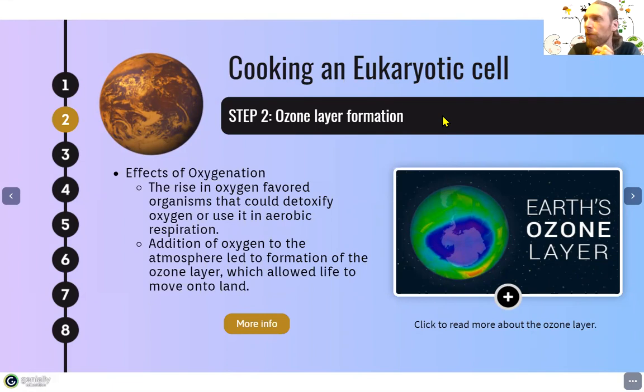The ozone layer was formed. Okay, how was it formed? It was formed because the atmosphere was built up by those bacteria, and when this oxygen comes in contact with solar radiation and UV radiation, ozone can be formed. Okay, who knows the chemical formula of ozone? O3. O3, very good. O3 is something that we don't have a lot of here,